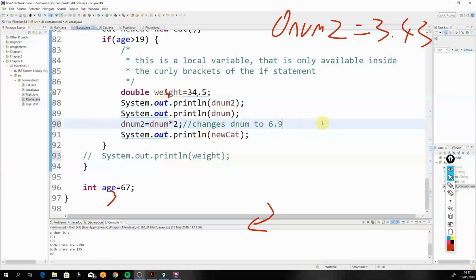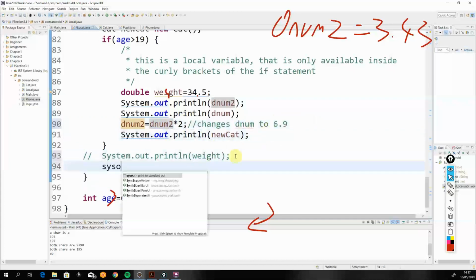Is that denum2 that should be here? Yeah, should be. Okay, right. So that means if I access it outside of the loop,